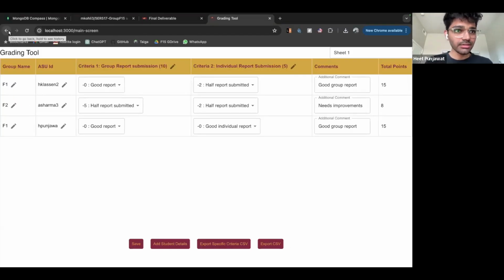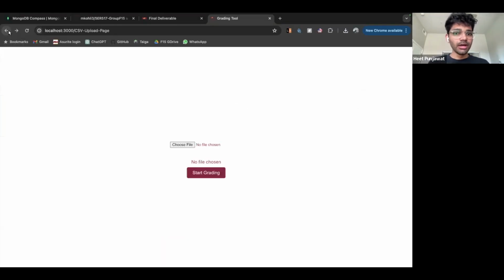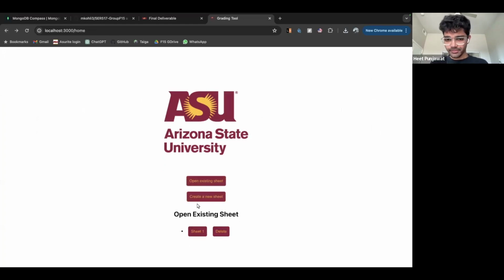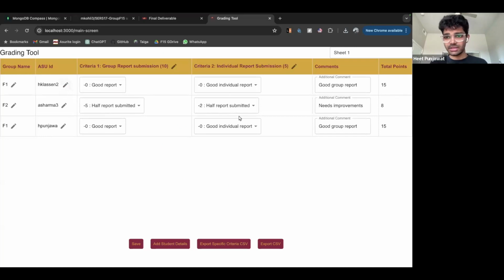In the beginning, we did start with a feature called importing the grading sheet, open an existing sheet, but we did not have one back then, and we just created one right now called sheet one. So let's see. Yep, we do have an existing sheet called sheet one, which we just made. If you don't want to create the sheets again and again, if the format is going to be the same, you can use this feature. Sheet one, it's going to be the same over here. You can again